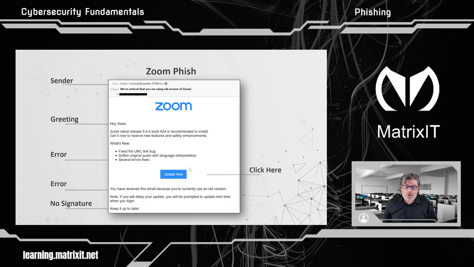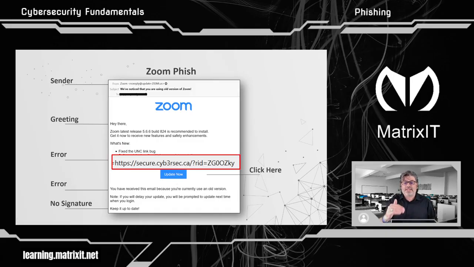If you want to know where this is going, just rest your mouse on top of it. Don't click, you just rest your mouse over it, and you will see above it the URL it's going to, or the website it's going to. It's either going to appear above it, or it'll be in the bottom side of your email.